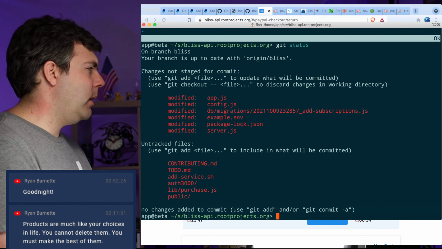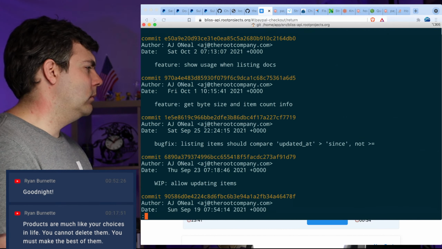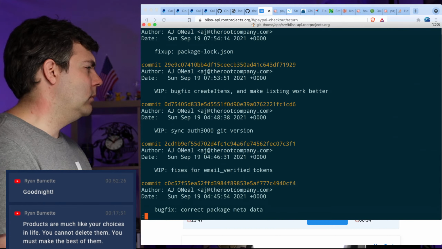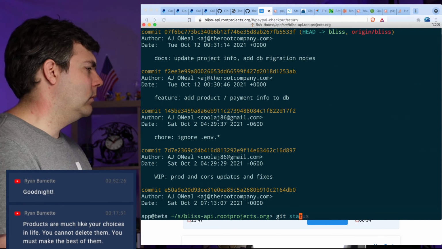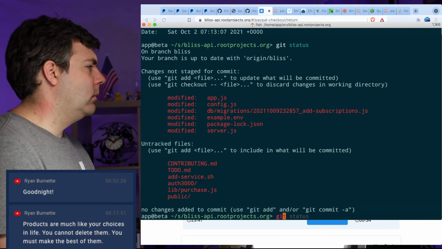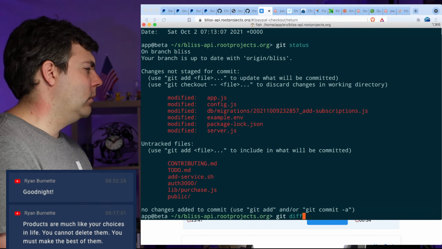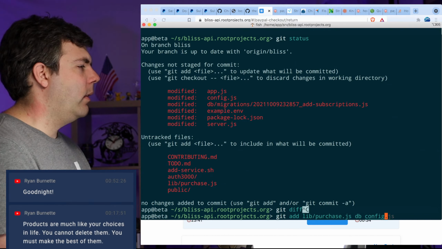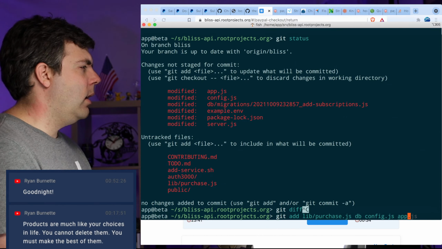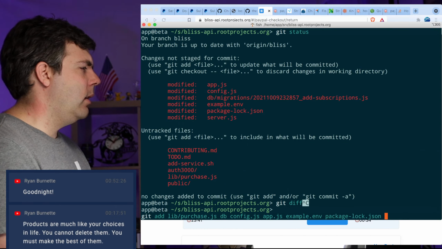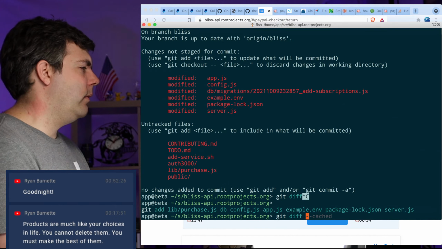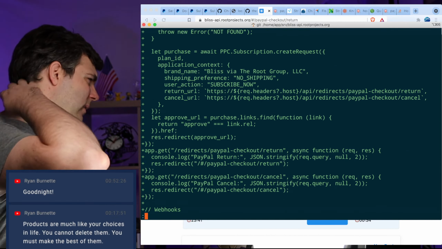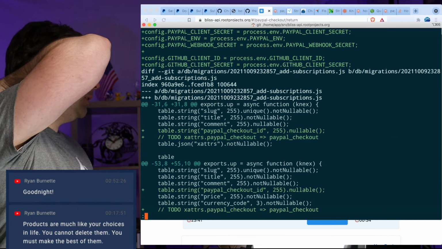I'm going to go ahead and do a WIP commit here. Let's see, we got purchase, we got DB, got config, app, example, package lock, server. Lots of stuff updated tonight. Well, this is really, really good.